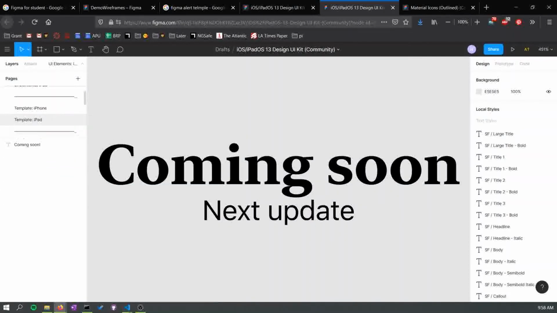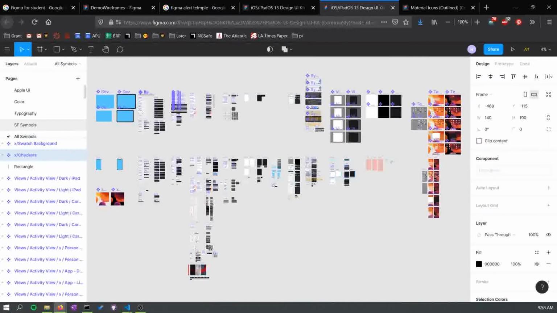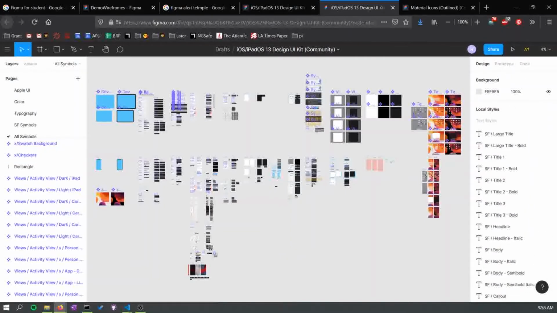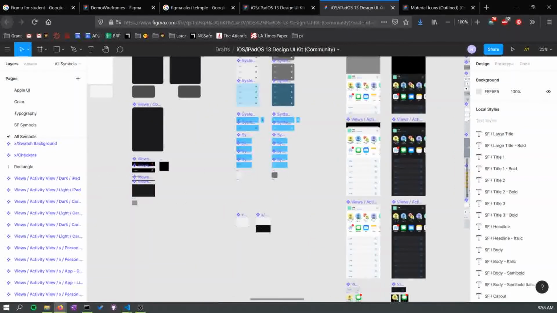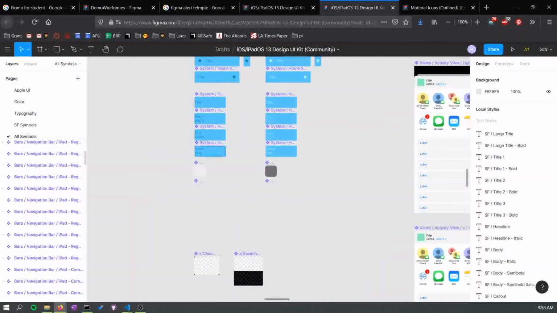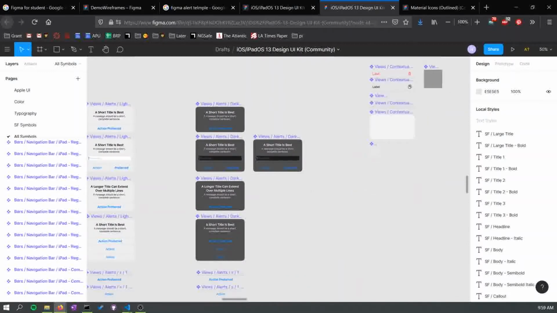Looks like they have some other elements that they're working on. This is not what I'm looking for. All symbols. So they have symbols. Here we go. This is what I'm looking for. So now we come to the screen, all symbols, and this is kind of overwhelming because it's obviously huge, right? There's so much here. But if you zoom in, let things buffer a little bit, this will show you a ton of Apple specific things, and this is really what I'm looking for here,